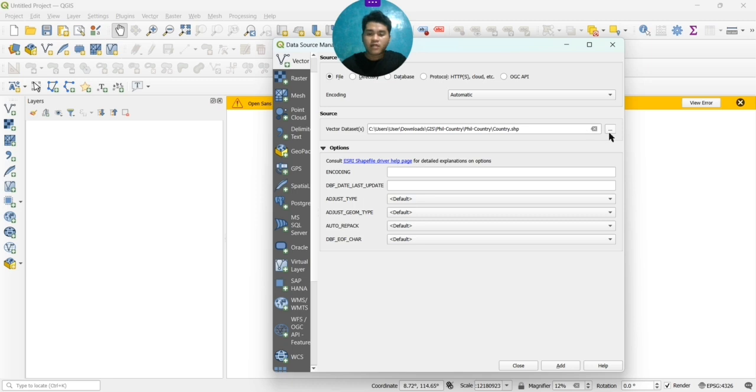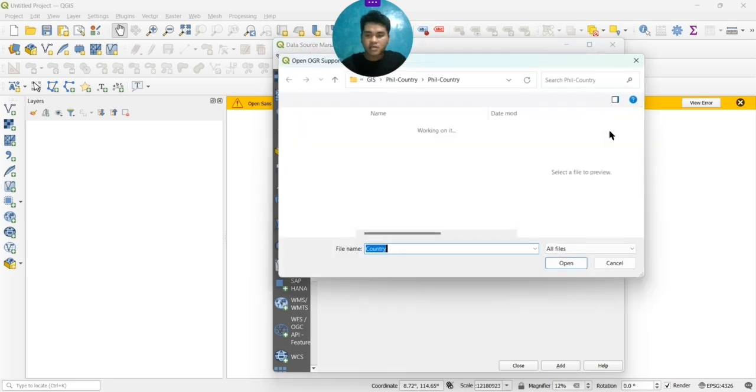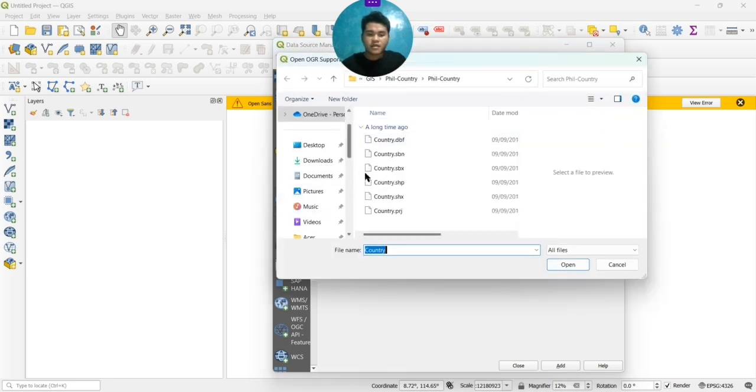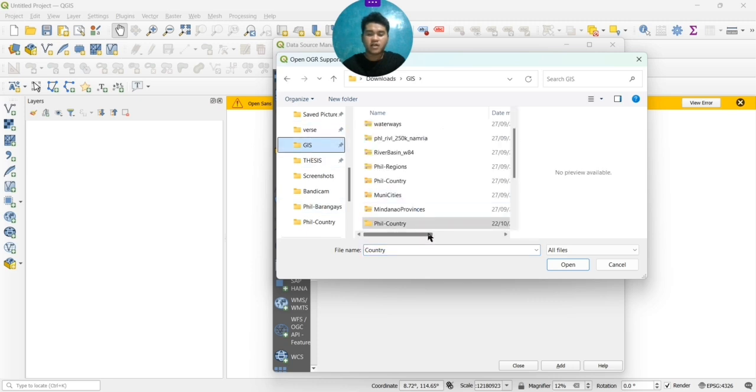Now click on the vector database on the left side. In this case, I just prepared a file named GIS here. Look for GIS. So here I have my GIS file that my instructor gave me earlier. I just saved it and I just plug and play it.